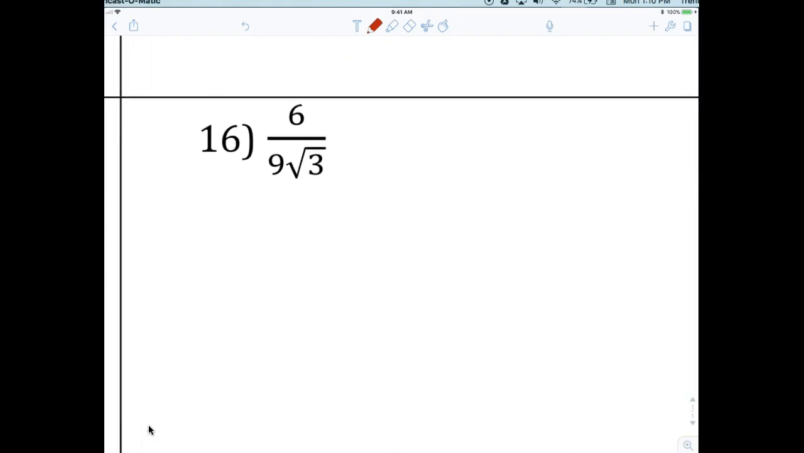All right, so let's take a look now at 16 again. We should just go ahead and reduce. So we end up with 2 over 3 radical 3. And now I multiply the top and bottom by what? Radical 3. So my final answer is